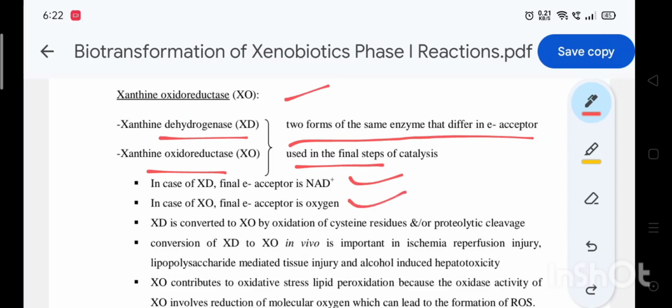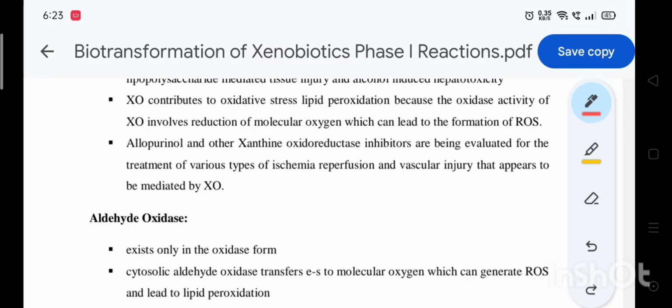XD is converted to XO by oxidation of cysteine residues and or proteolytic cleavage. Xanthine oxidoreductase contributes to oxidative stress and lipid peroxidation because of the oxidase activity of xanthine oxidase, which involves reduction of molecular oxygen, which can lead to